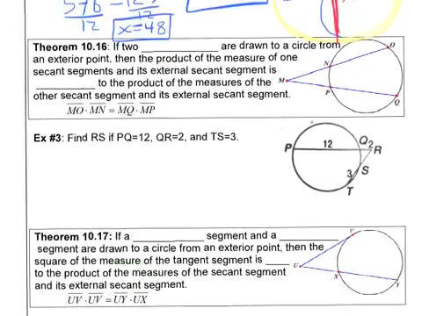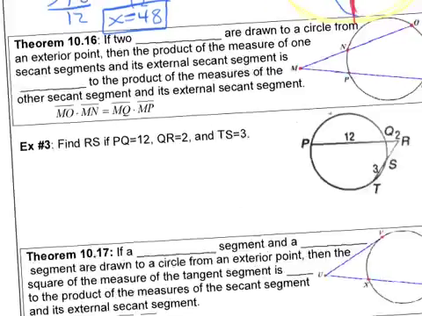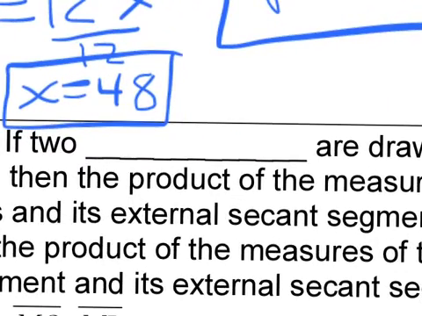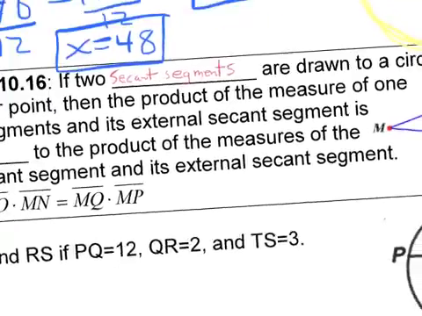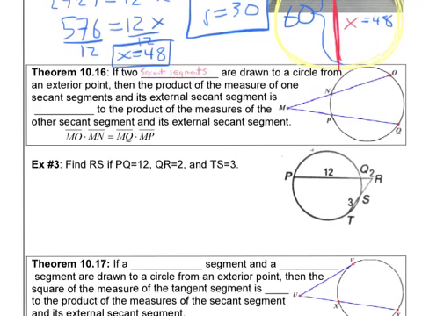Let's go on to the next theorem. Theorem 10.16 says, I'm going to have to zoom in here because there's not enough space. It says, if two secant segments are drawn to a circle from an exterior point, so we see from an exterior point going through the circle,